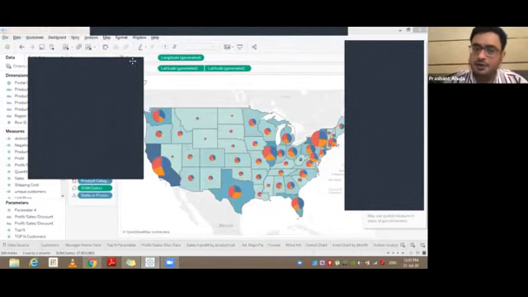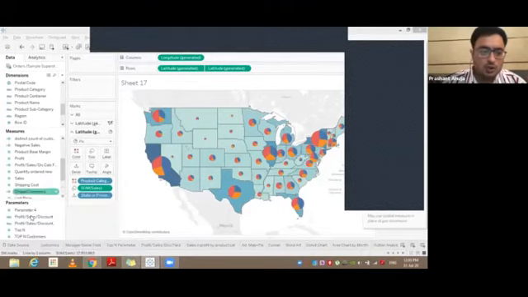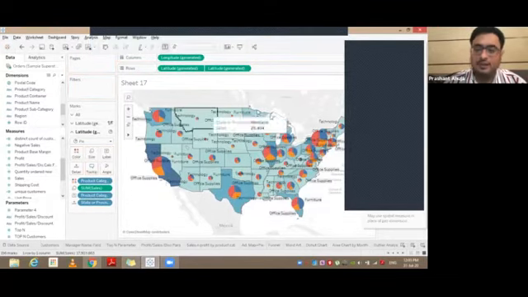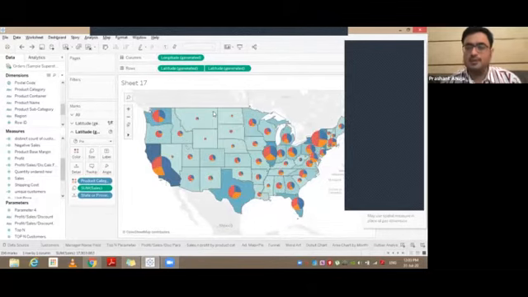Is everyone clear here? So what we can also do is we can probably choose product category and put it into labels, and you will see that all of the names are coming up here, but this makes it really bad. So we'll just remove it, press Ctrl Z, and it's all gone. Any more questions on this? Do you want me to repeat this, or is it all clear? Are you able to do it yourself? Are you doing it simultaneously?